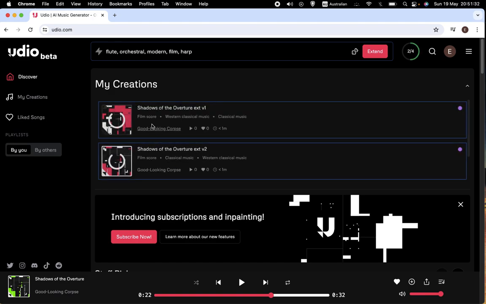You can see that it's using slightly different keywords. This is because we've got the manual mode off. It says film score, Western classical music, and this says the same thing but in a slightly different order, which is not exactly what we put in there. Seems perhaps it's going to ignore the flute and the harp,